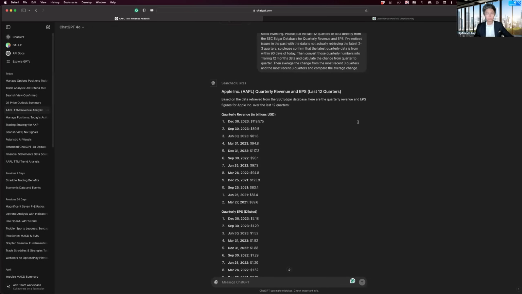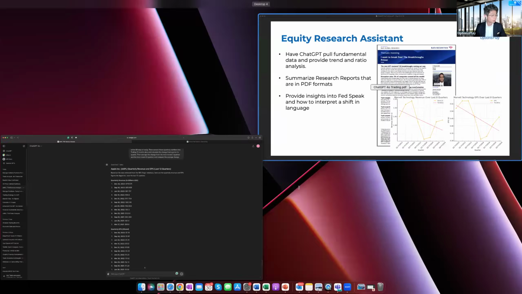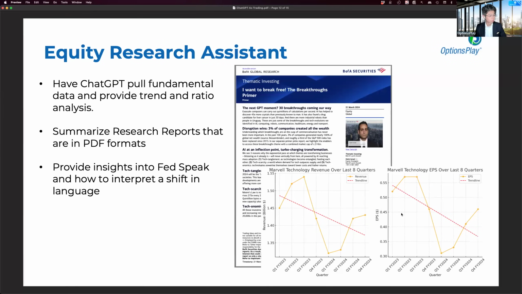But this is a huge, huge leap forward from the previous version where it couldn't access any of this data at all. Certainly couldn't do conversions from quarterly to trailing 12 months and couldn't do any type of trend analysis. And now we've gone from being able to do all of that, and even for it to spit out charts like I've shown you here, it actually drew the chart for me in terms of what the revenue versus EPS trends look like. So I can see, okay, over the last 3 months, this has been trending higher